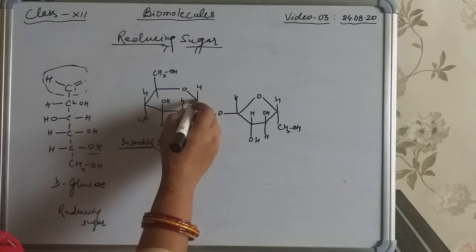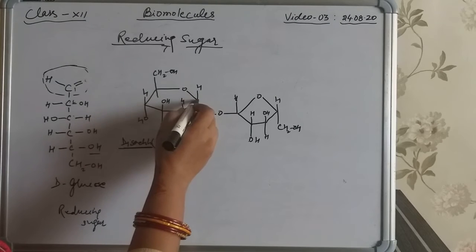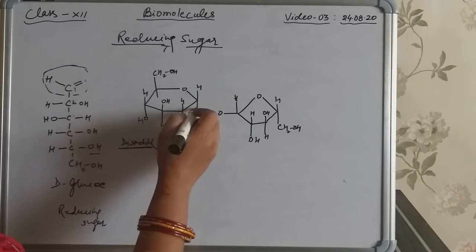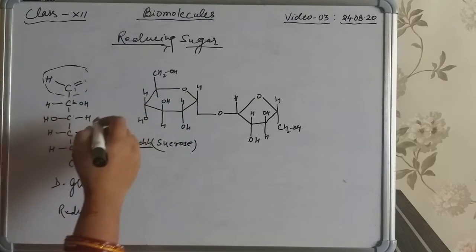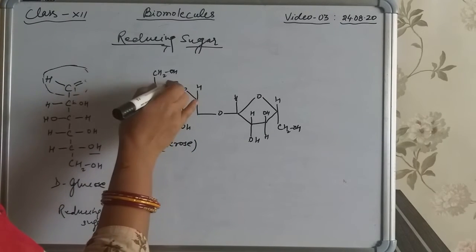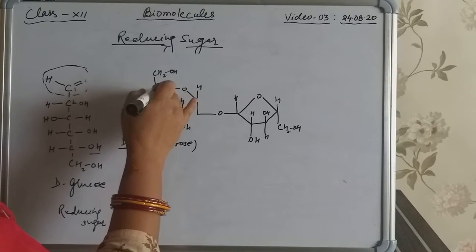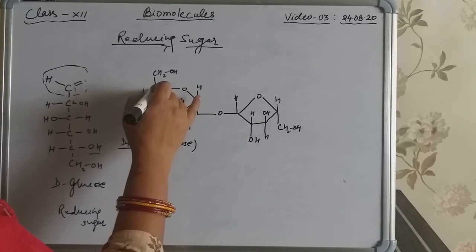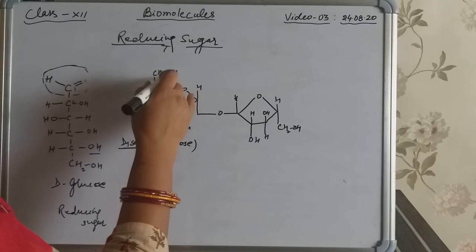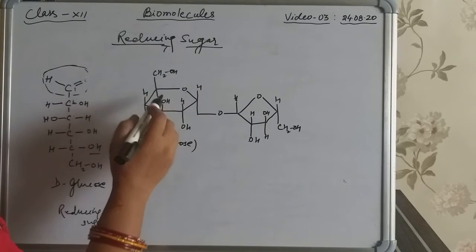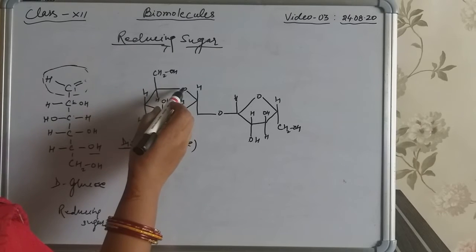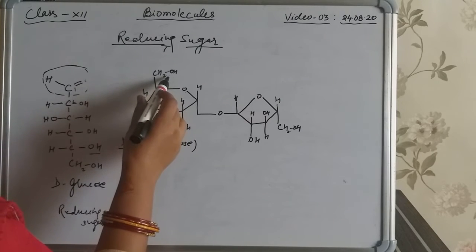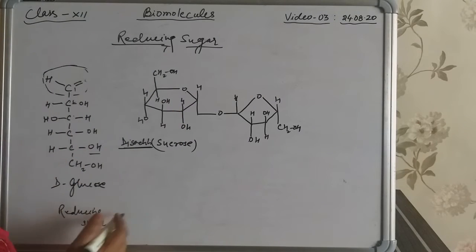So let's find out the ether group connected with the carbon. Suppose this carbon is the one to which the ether group is connected. One ether group is present, one H group is present, but one OH group is missing. Suppose this carbon is connected with ether, but the OH group is not directly attached with it, because the OH group is attached with the other carbon. So this carbon is connected with ether but not directly attached with an OH group, so it is not a reducing sugar.